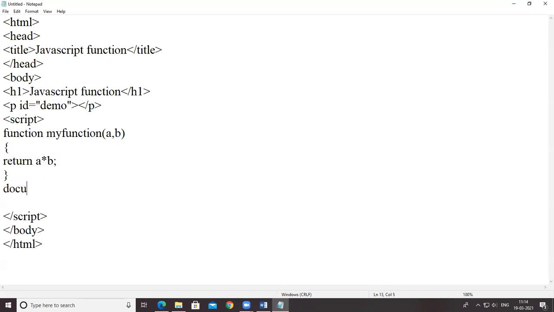So see, document dot getElementById in bracket demo, which is the id given to the paragraph tag.